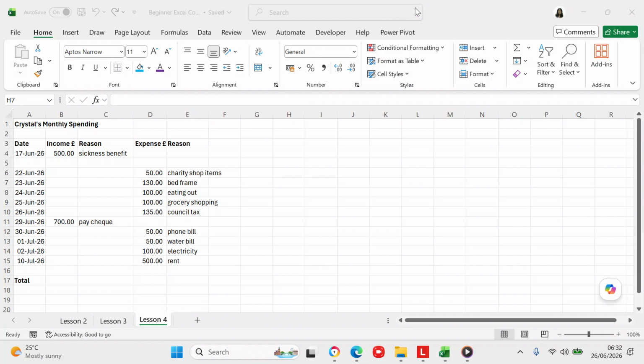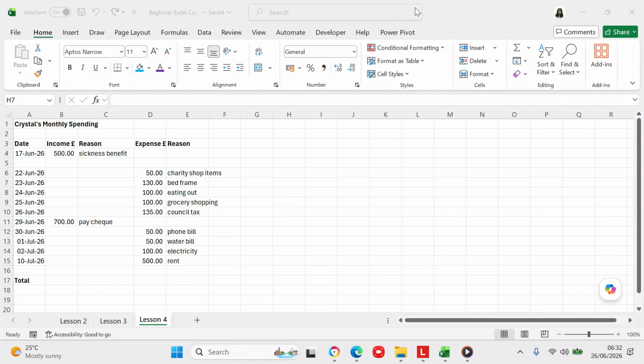Because this lesson is just a little bit more complex than the previous lessons, I made up some data. And like in lesson 3, I made up data as well. And whenever I made up the data, we formatted the data that I made up. But in lesson 4, we're going to be using